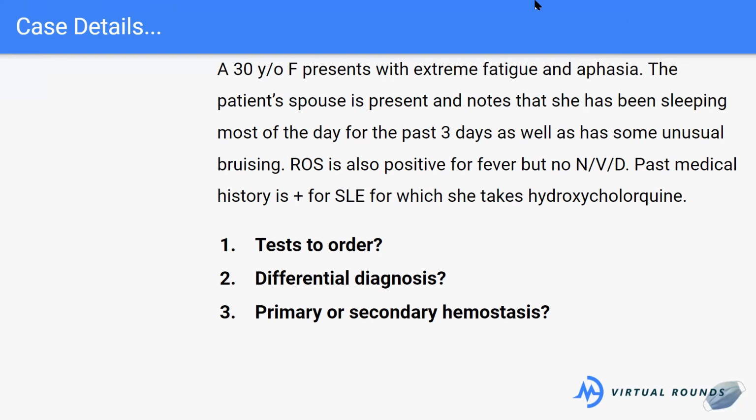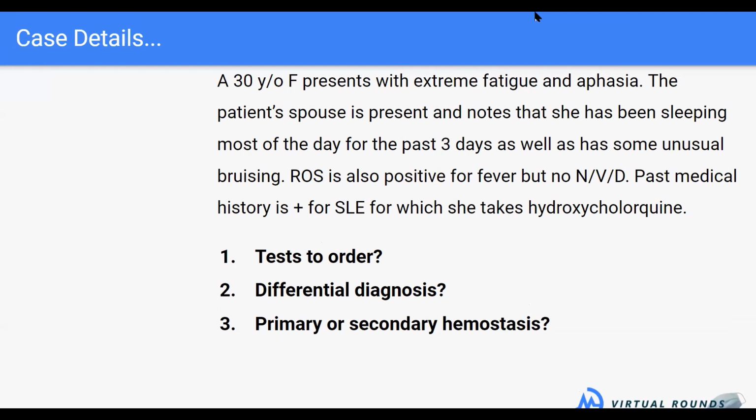A 30-year-old female presents with extreme fatigue and aphasia. The patient's spouse is present and notes that she has been sleeping most of the day for the past 3 days, as well as has some unusual bruising. ROS is also positive for fever, but no NVD. Past medical history is positive for SLE, for which she takes